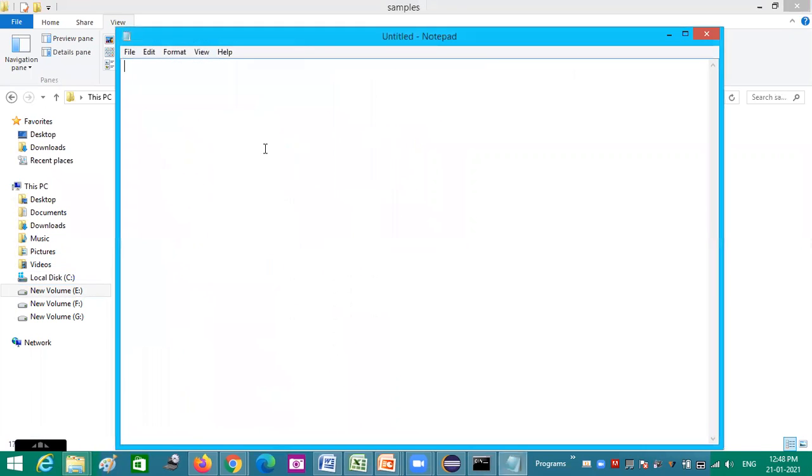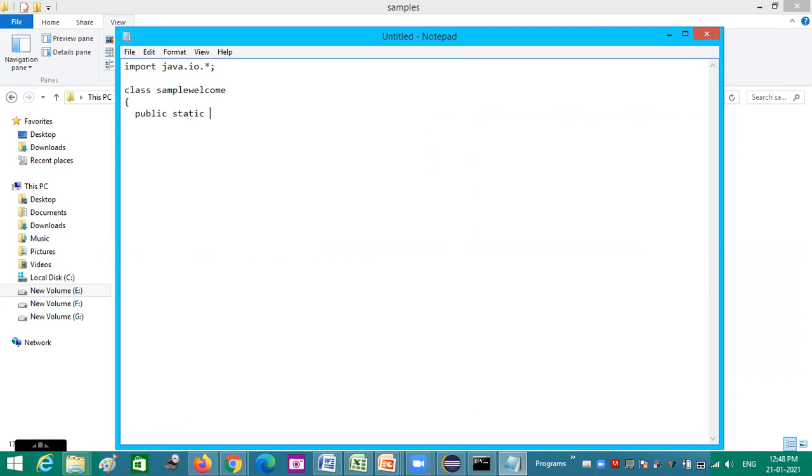Notepad is the normal text editor. Import java.io.*. I'll be explaining each of these lines. Class SampleWelcome. My program name is SampleWelcome, and inside that I am creating main.